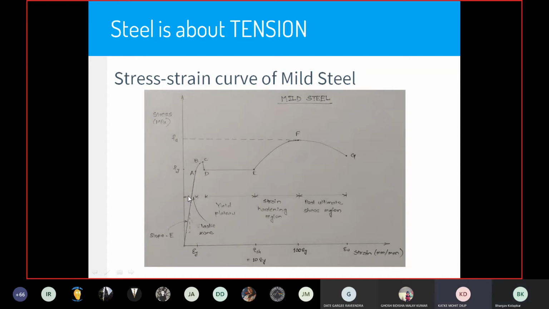So, from the origin until point A, the stress is directly proportional to strain. Do you know what this law is called? Young's modulus. Yeah, Young's modulus is the slope of that particular line. Hooke's law. Yes. So the law is called Hooke's law, which states that until the proportionality limit, stress is directly proportional to strain, which means